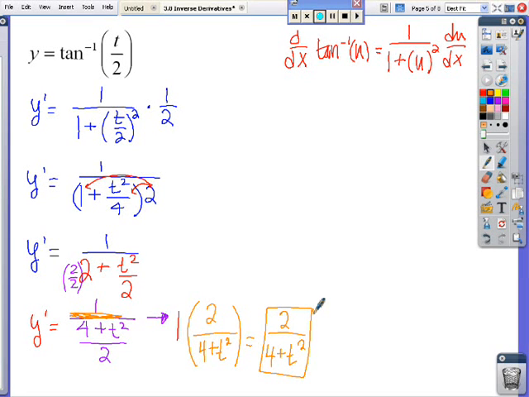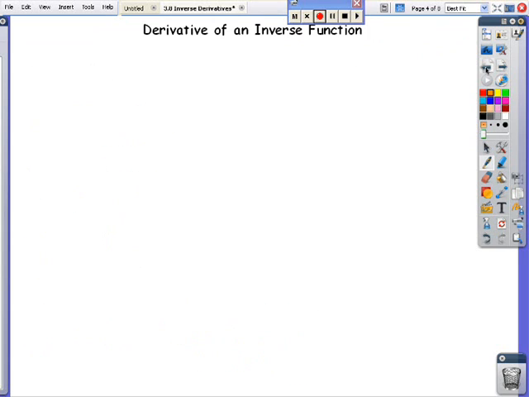What we want to look at is the one rule that people really have struggled with, and that's to find the derivative of an inverse function. So to start off, if we have a function f of x, then on f of x there's a point